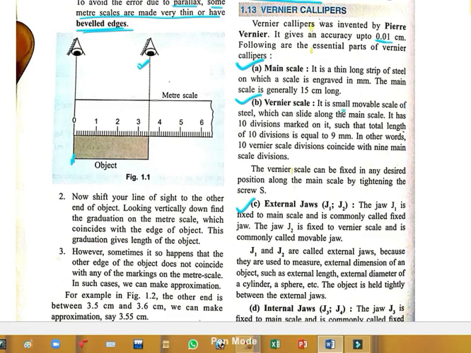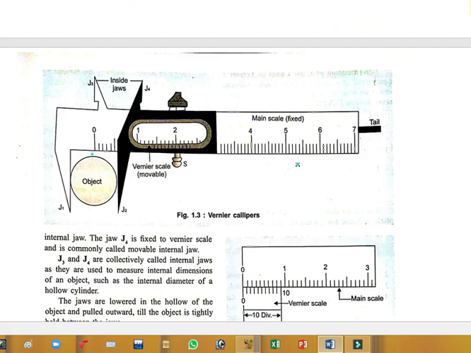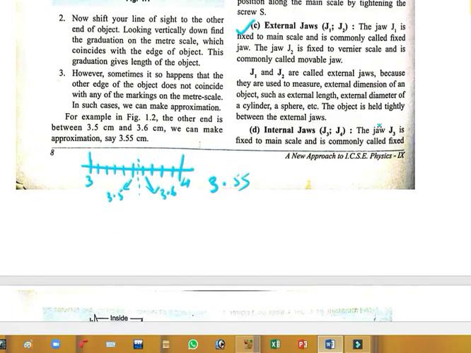the vernier scale. It is a small movable scale of steel which can slide along the main scale, and it has 10 division marks. So this is the vernier scale, this one. This is the movable part, this dark part is the movable part. Okay, so you can see these readings. So it only measures up to